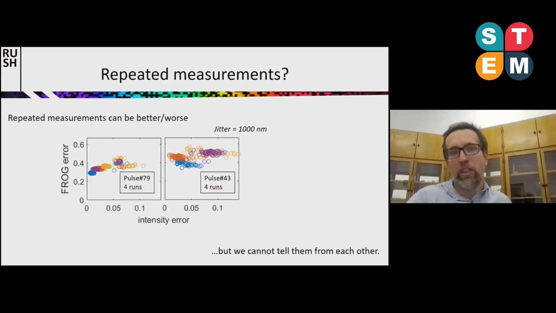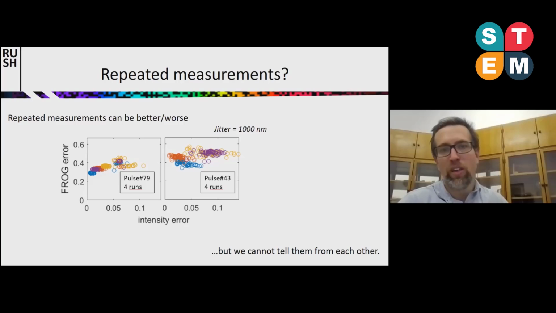And it turns out, not too surprisingly, that, as before, you can get for some measurements a much better reconstruction than for the others. Like here, the red one gives a much better result than this one. But on the other hand, from the experimental data, you cannot really tell which is the good one.